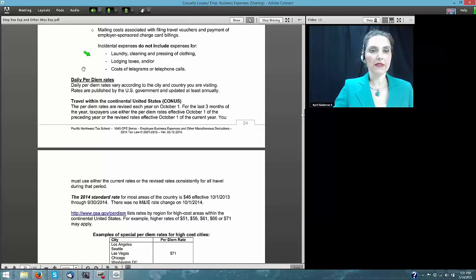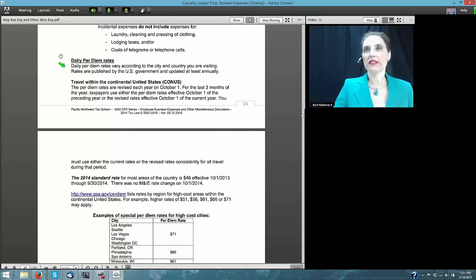Daily per diem rates, now that we've established that you are traveling away from home and that you are incurring a meal cost and you're paying for those meals, IRS says you can claim the actual cost of those meals, save all your receipts, or you can claim a daily meal allowance. And I'm really surprised at how many clients who do travel don't know anything about the daily per diem allowance until I tell them. It's kind of a fun little secret, you could say, because the meal allowance is actually